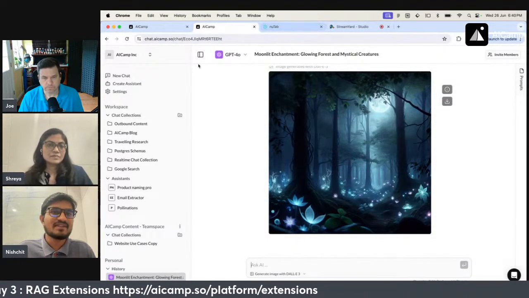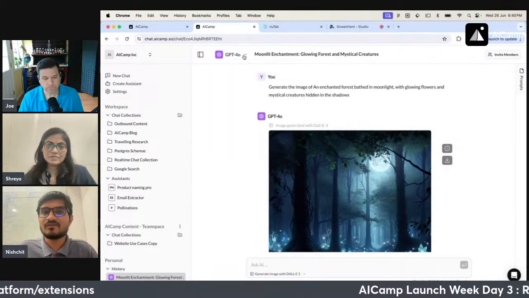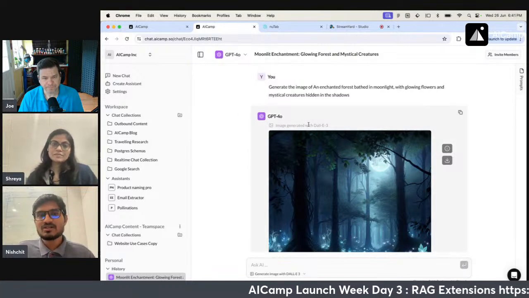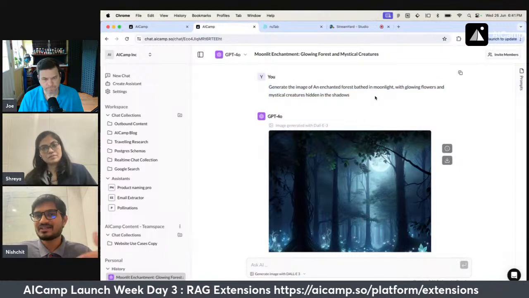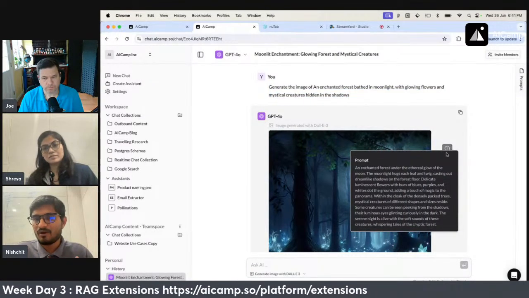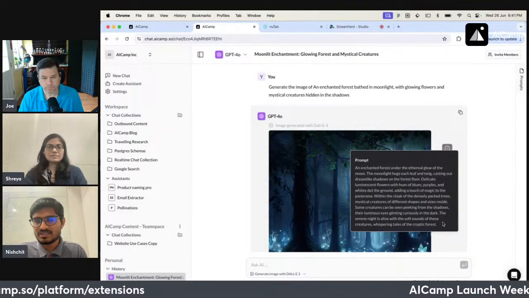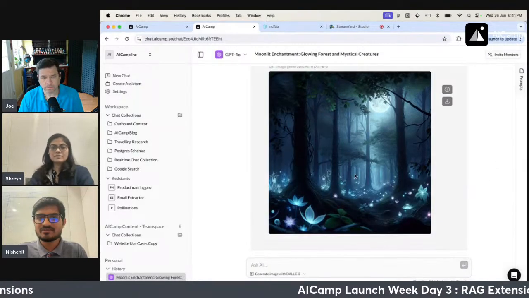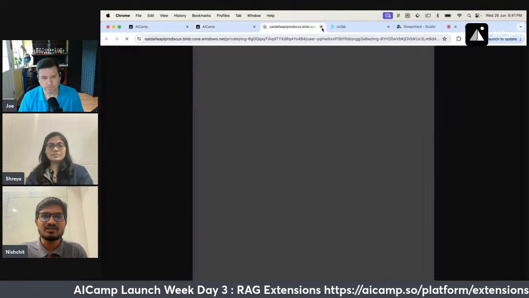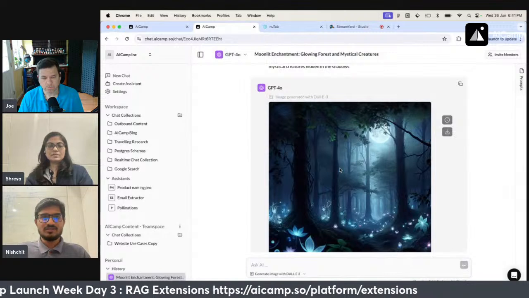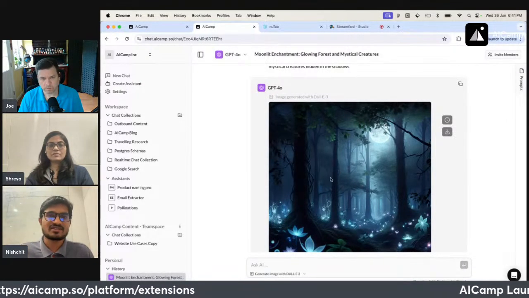The beautiful part is that we generated the DALL-E 3 image with the help of the GPT-4 model, but we can use any model. What the model does here is that our prompt is incomplete, so it generates a more informative prompt for us to generate the images. Here is the prompt generated by the model, and this image is being generated with this prompt. You can also copy it from here. You can download the image here if you want. That is the feature we are going to enable in the extensions part.